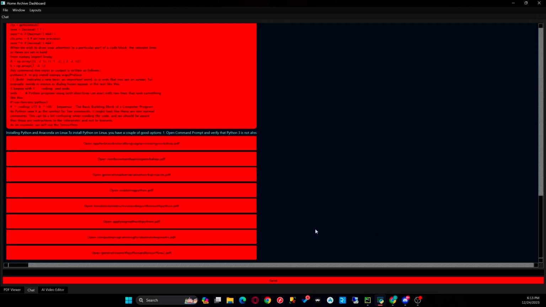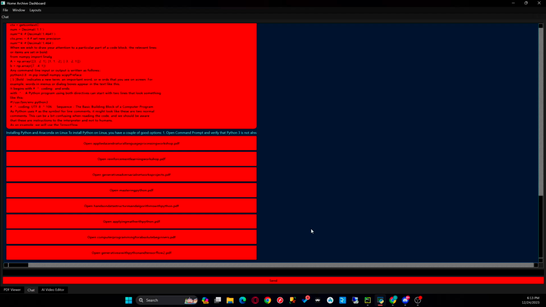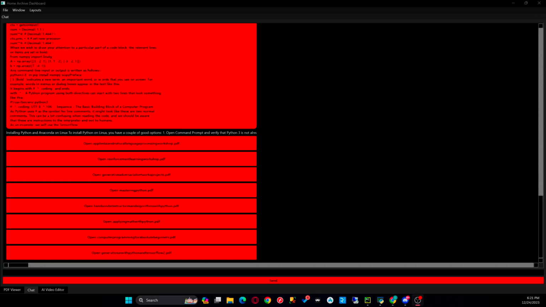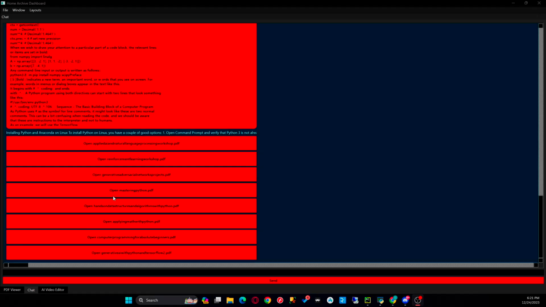Let me get to that. And then it generates these buttons at the very end. So these buttons are generated, and each one of these is a PDF that it got those snippets from. Once you click on one of these, let's say I'm going to click on Mastering Python. Before I click on it, let me take you to the